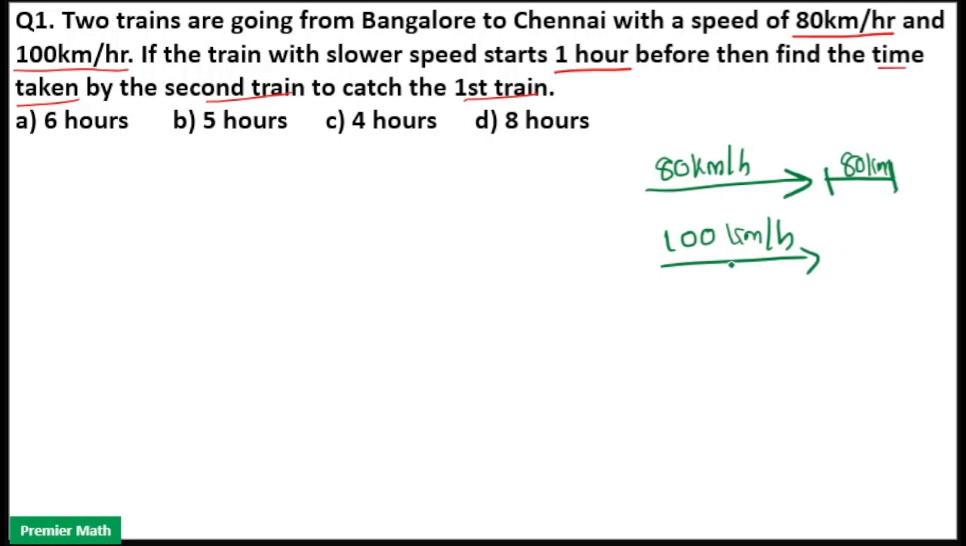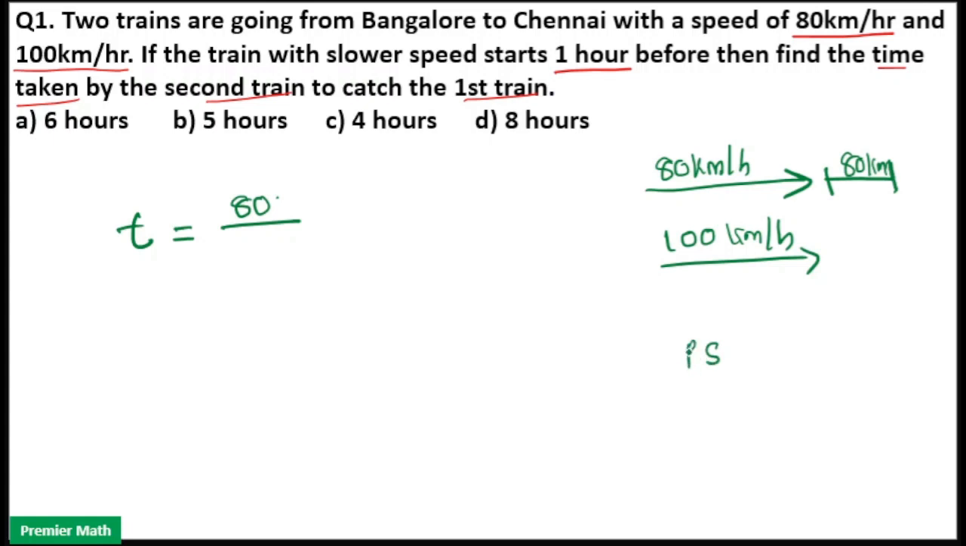That means the slower train traveled 80 km more than the faster train. Here, we have to find out the time taken by this faster train to catch up with the slower train. So here time taken is equal to distance by speed. Here you have to take the difference in distance between these two trains, that is 80 km. Here 80 km divided by